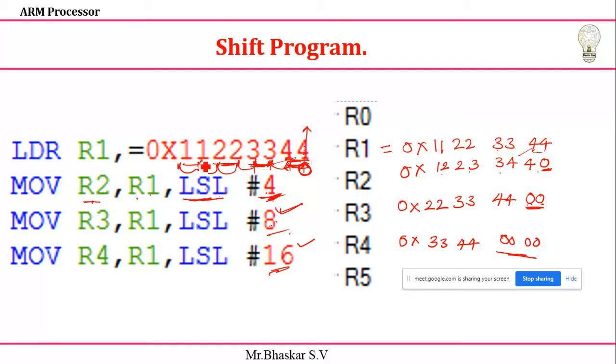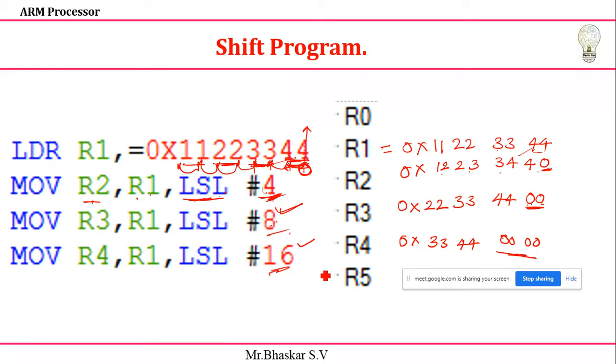Otherwise, if you want, you can split the number of bits, shift later, group and do the process, but that is definitely a lengthy process. So my suggestion is to use this shortcut method to find out the register values. And if they are given 4, 8, 16, it is easy. Suppose you are given 5, just think, definitely I need to split. 4 and 8 easily I can do, but if you have a 3 or 7, definitely you need to split the bits and do the shifting operation, and later you need to group and find out the values.